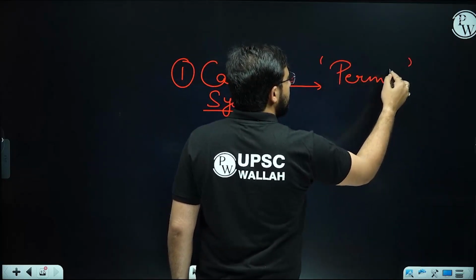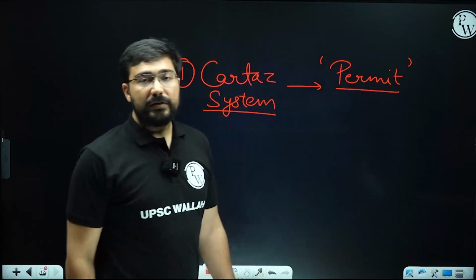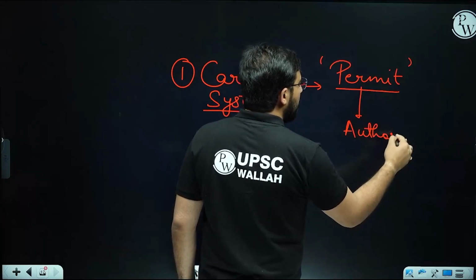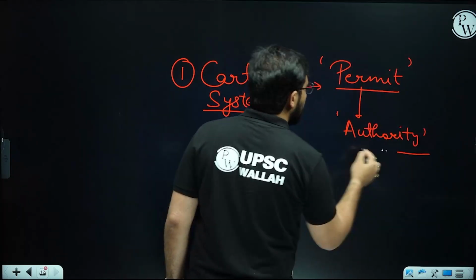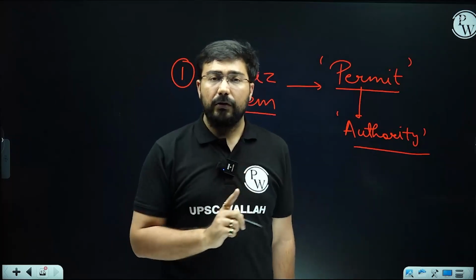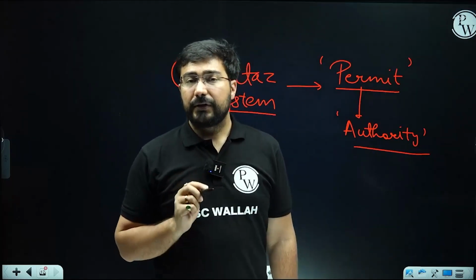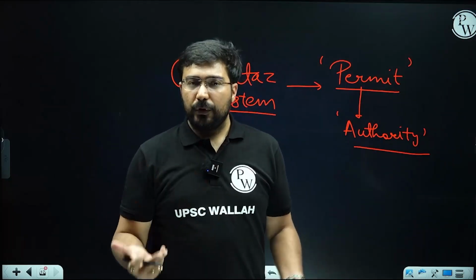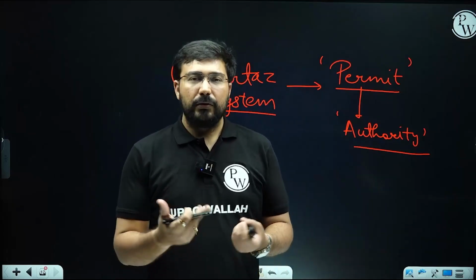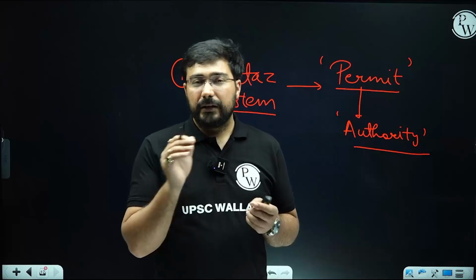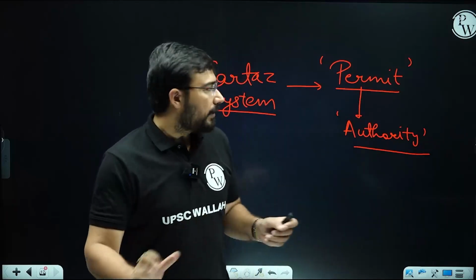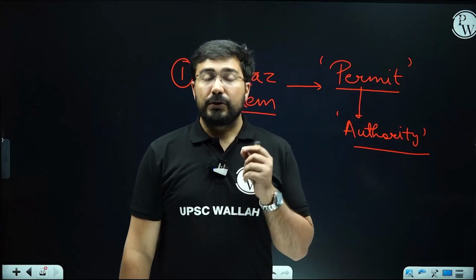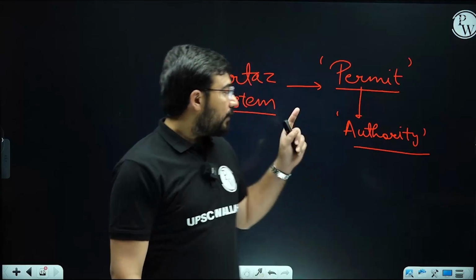Carta system, it is nothing but a permit. Okay, it was a permit which was given by the Portuguese authority, and everyone was required to have this permit. If you did not take the permit for trade and commerce, then the ship could be confiscated and all the goods could be considered contraband. Whatever the Portuguese thought about the person, they could do anything, right? They could treat them like slaves, they could be killed, they could be shot, anything could happen. The Carta system was a kind of permit system which had to be taken by all the ships so that they could effectively control the trade.